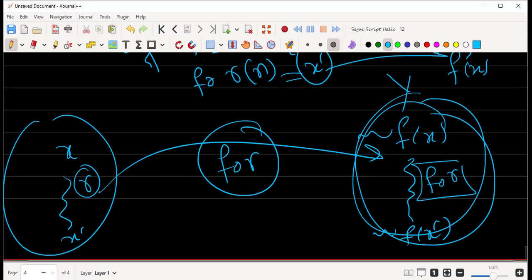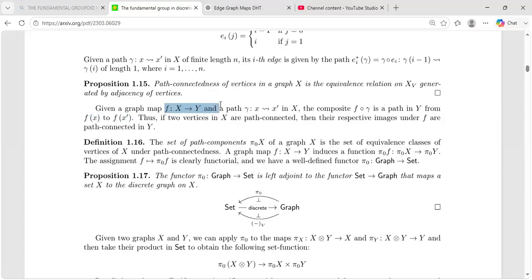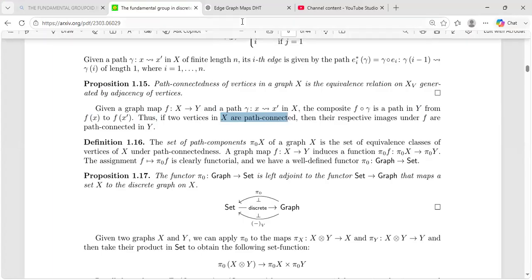So let's read again the definition. They are saying कि हमारे पास एक ग्राफ मैप है और एक पाथ है। तो अगर हम कंपोज करते हैं, तो हमारे पास y में एक पाथ मिलेगा जो f of x से f of x prime तक है। Thus if two vertices are path connected in x, so their respective images are also path connected in y, जो हम देख चुके हैं, ठीक है।